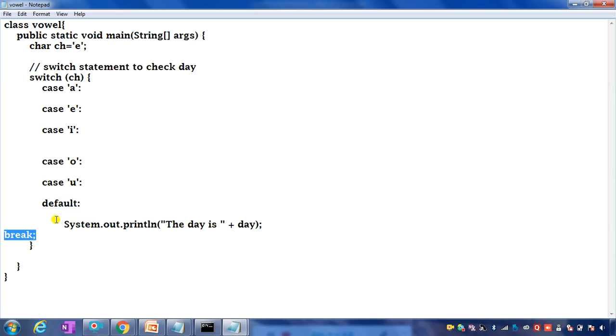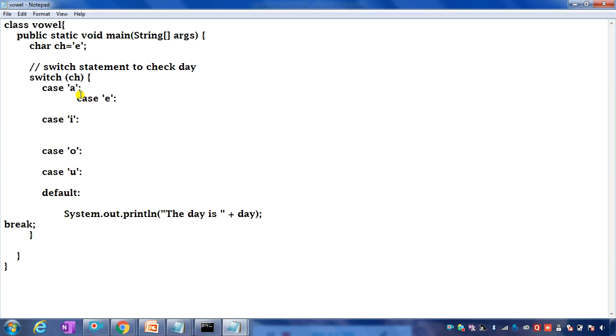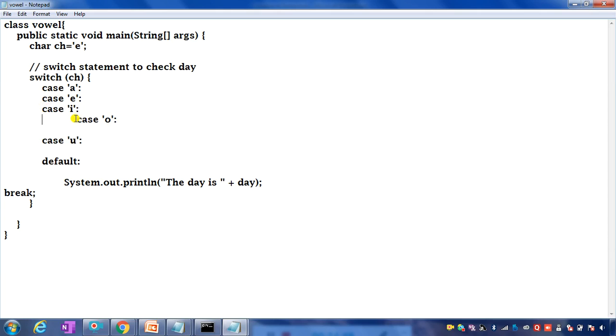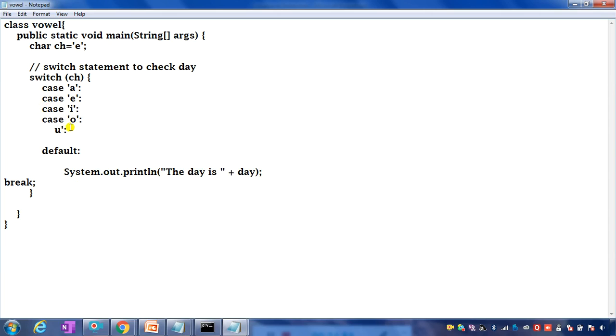Now I know that if I don't write a break statement, every case will get executed. If it is A in ch, then all these cases will get executed. If it is E, then after E all the cases will get executed, then O and U. So it is not mandatory for you to have a break statement in every case. It totally depends on the program which you are writing. Now in this program, instead of me writing the given character is a vowel in every case,